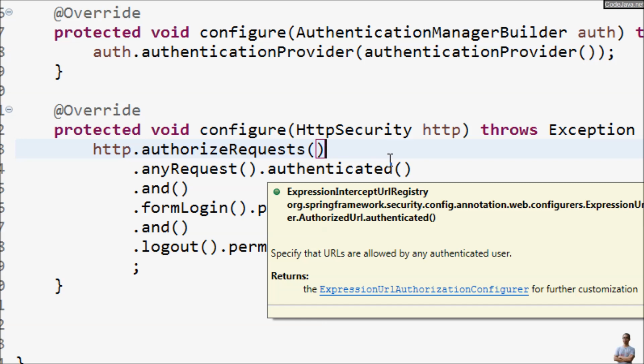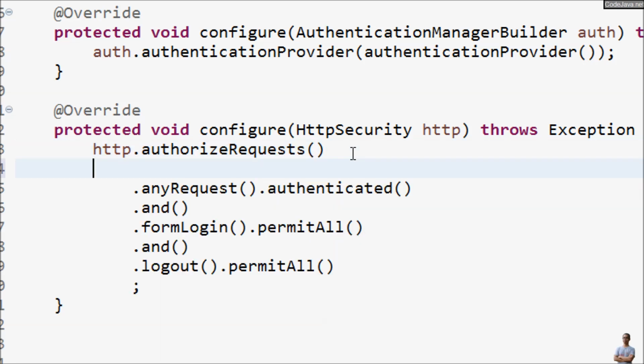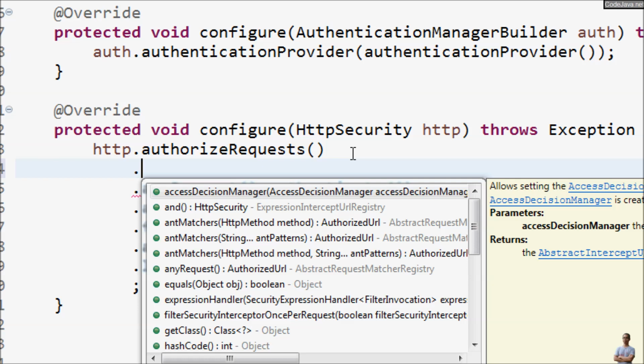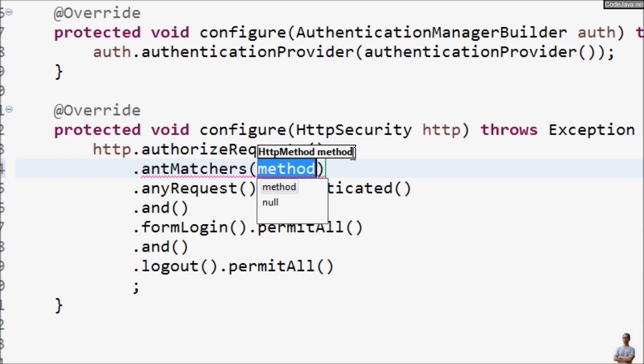Now we need to specify the URL that needs to be authorized. The user must have the appropriate role to access a certain page. So we use method and matcher to match URL, edit,